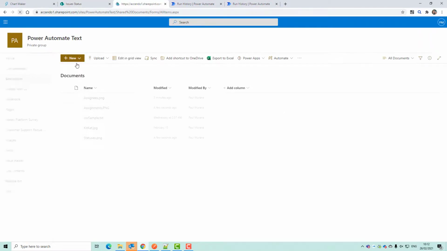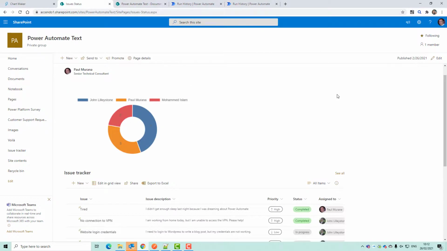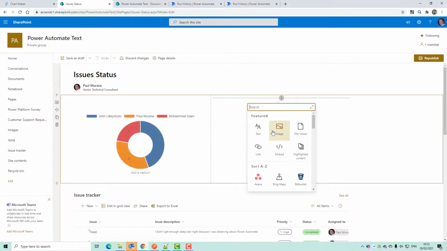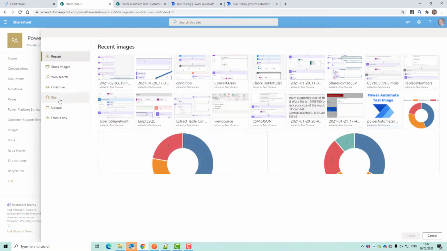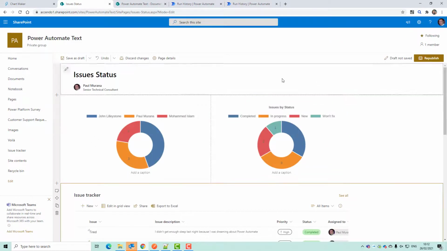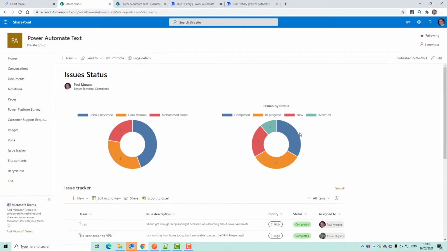I forget what the other one I called. Assignments and statuses. So if we go back to here, edit this page, add another image here. There we go. So now we get 2 charts.